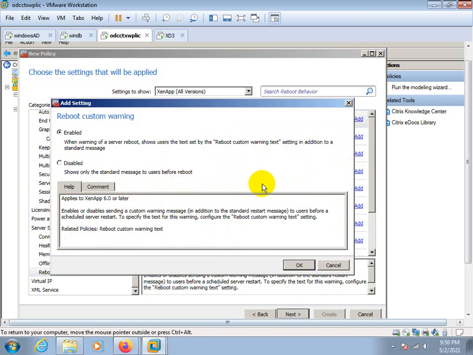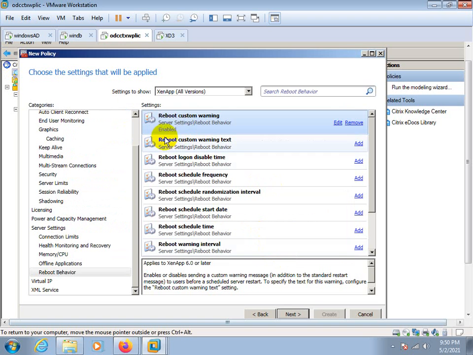You have created some text over here, and that warning goes to the server once the server is about to restart. Before that, it will show the warning to the users who are connected on that server. After that, I need to set the custom message. Here, reboot custom warning text.